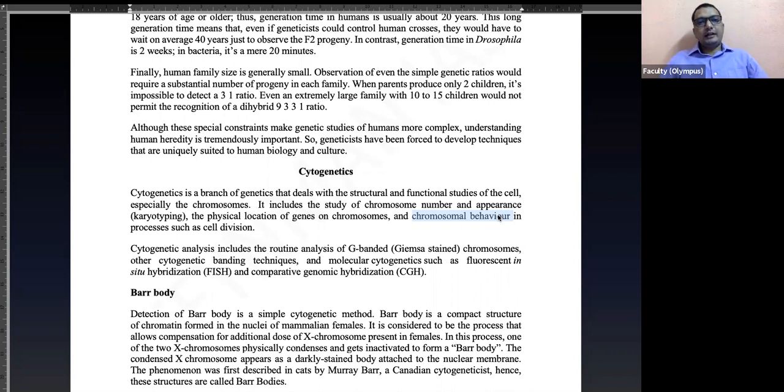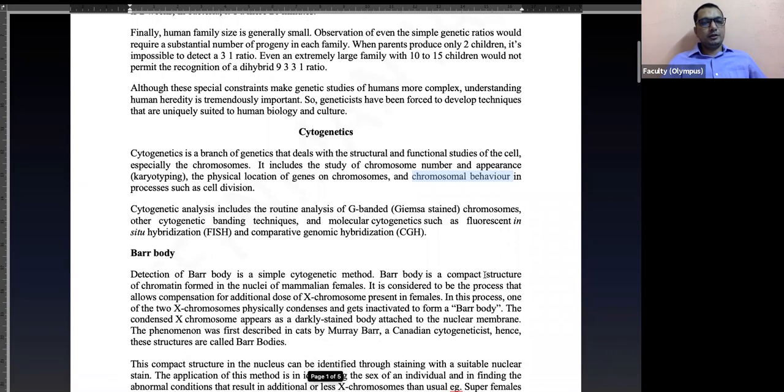But what techniques to learn? So in the syllabus, they've separately given cytogenetics and karyotyping. They've also specifically mentioned chromosomal karyotyping analysis, but they are referring to the same concept. There are a few techniques that you can write as part of it. If they ask you to write specifically about cytogenetics, we have to describe these methods.